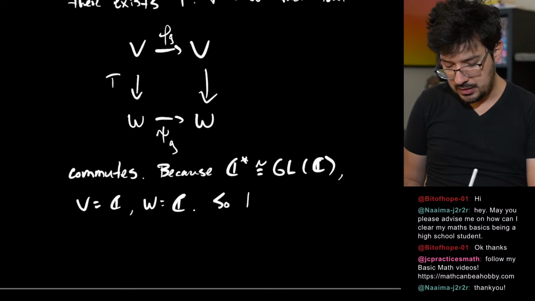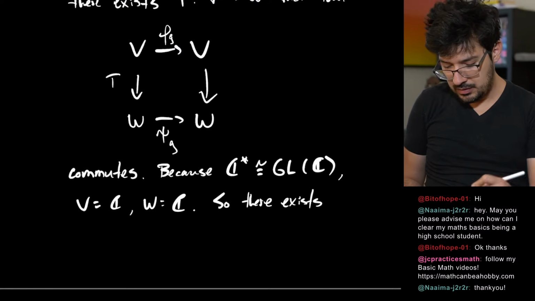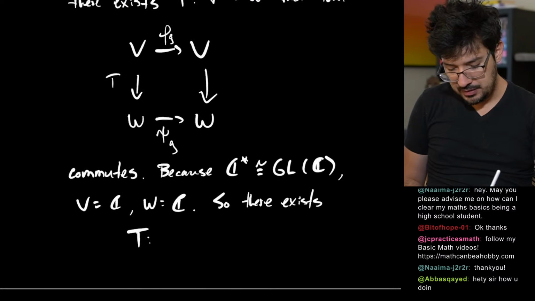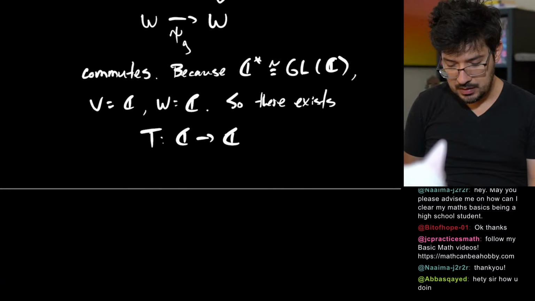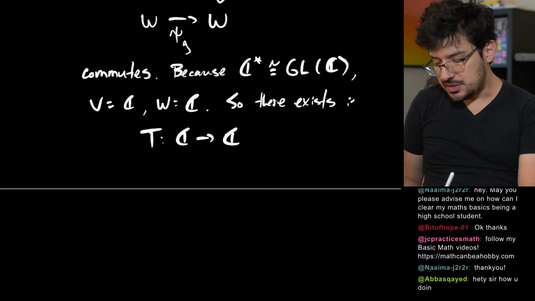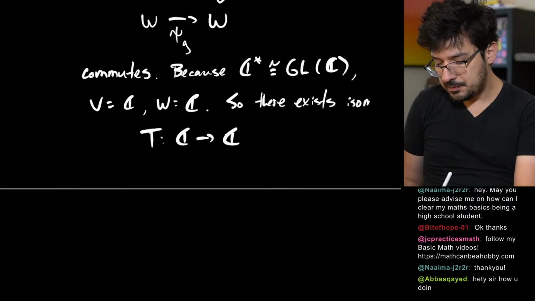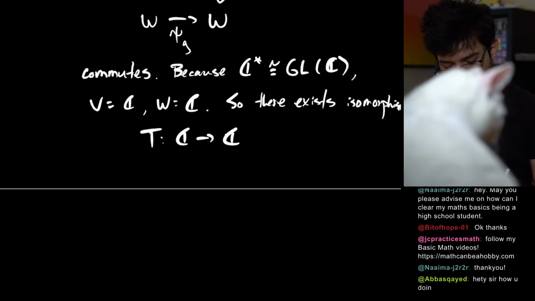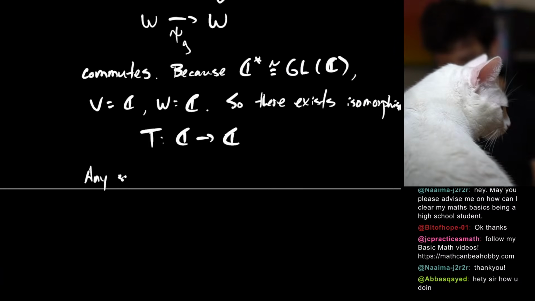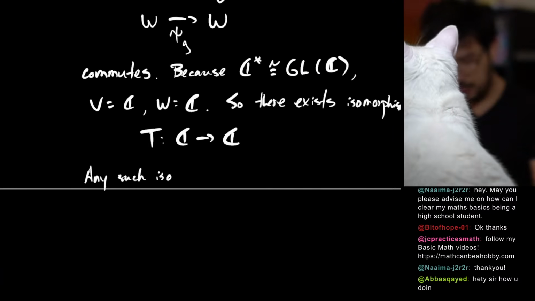So there exists a transformation from the complex numbers into the complex numbers which is an isomorphism. Any such isomorphism